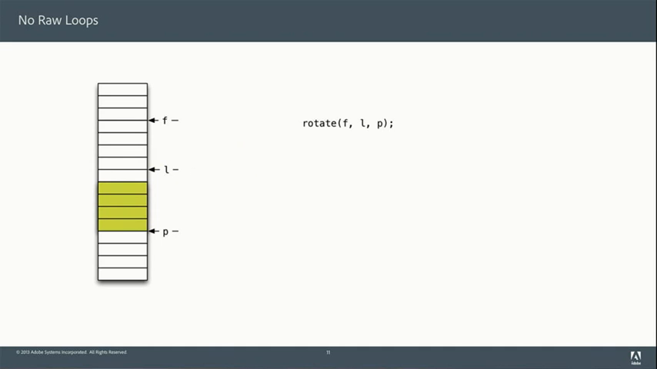FLP. That's what rotate does. Okay? But what if we wanted to go backwards, right? If we wanted to drag a selection from down below up higher, well, that's rotate PFL. Okay? So if we want to take our selection,